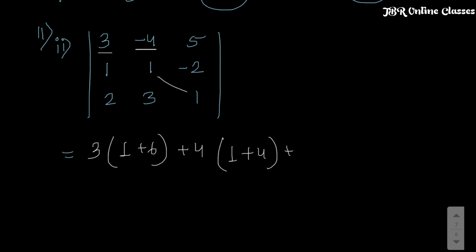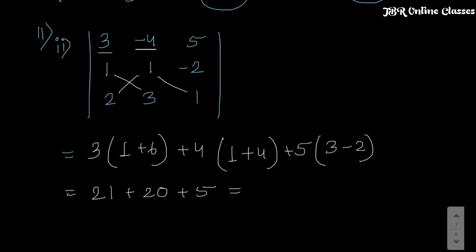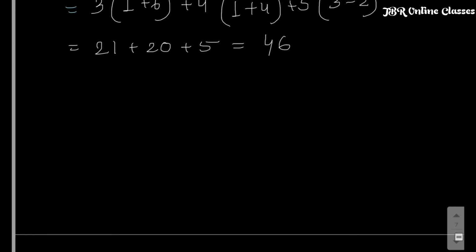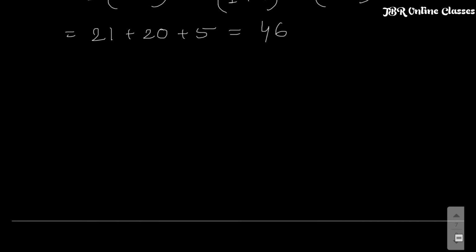Now the last one here, 5. For 5, you have to multiply 3 into 1 and 2 into 1, so 3 minus 2. So now your answer: 3 times 7 is 21, 5 times 4 is 20, and the last one 1, so it will be 5. So 21, that means here 6 and 4, 4, so it becomes 46. So 46 is your final answer. In this way you can solve sum number 11, and the rest of the 2 problems.